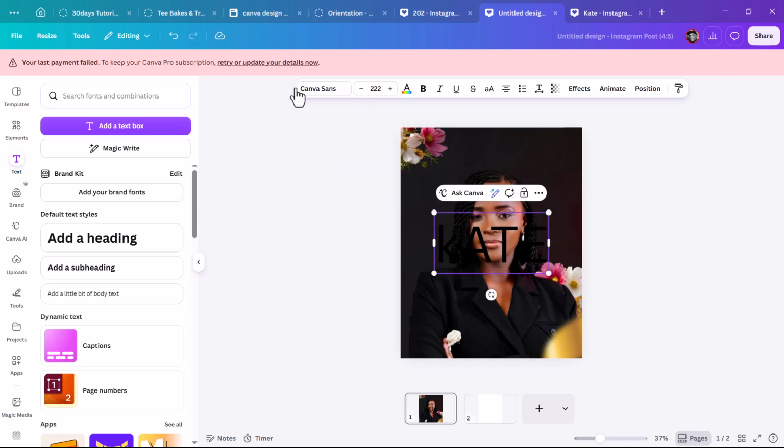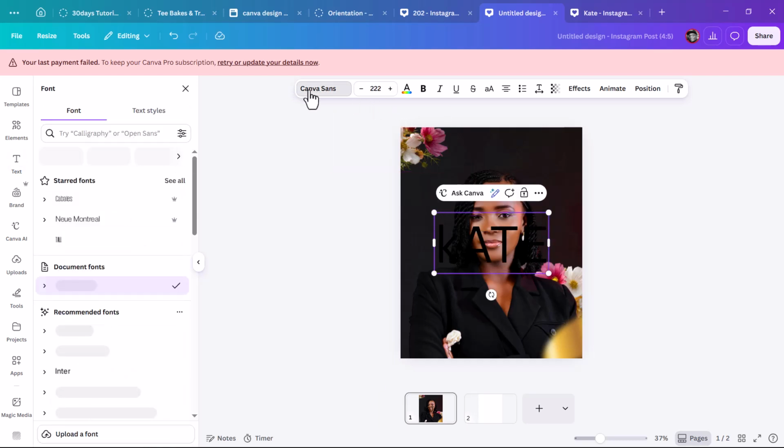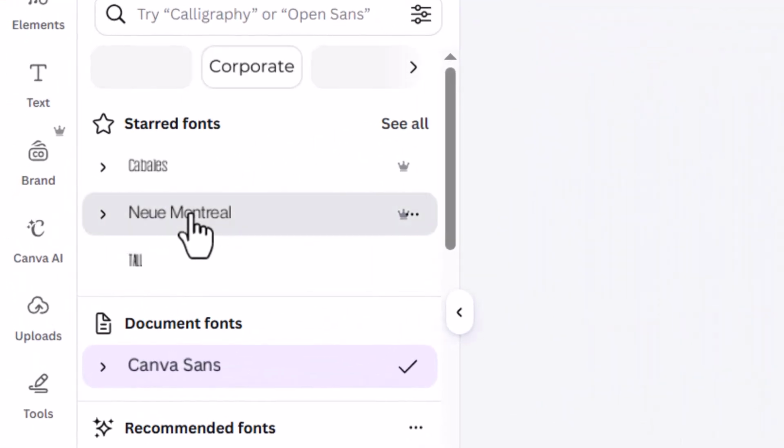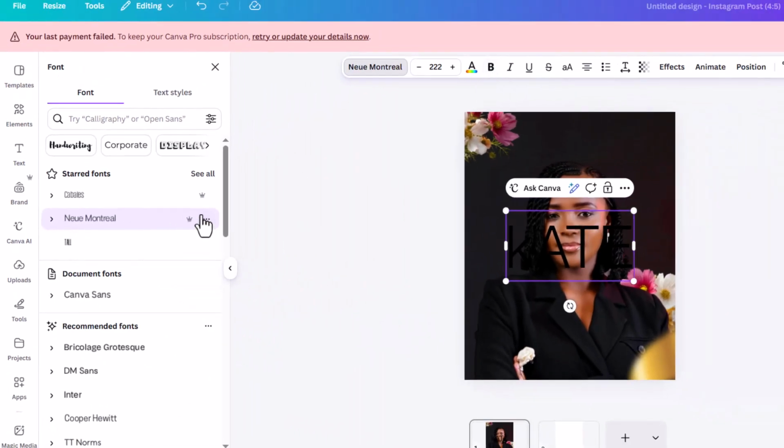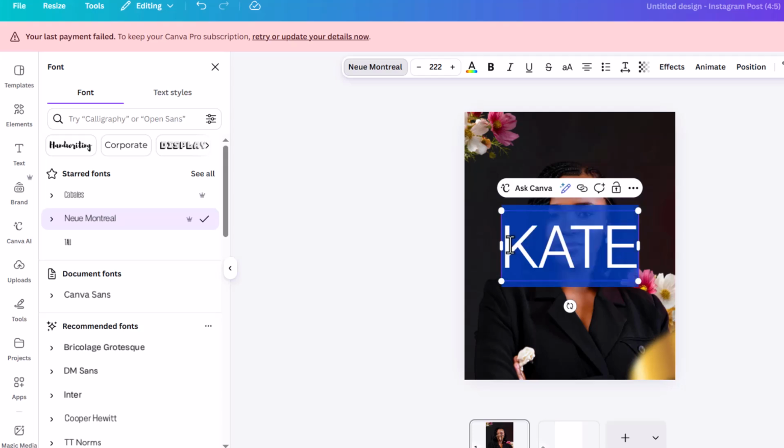Okay, and we're going to come to font, and we're going to select a font for it. We're going to use this New Montreal. Okay, and we're going to make it bold. It's still loading. We're going to make it bold. Okay, if it's not making it bold, select all the text. Okay, let's change this to capital letter K. Select all and come to bold,